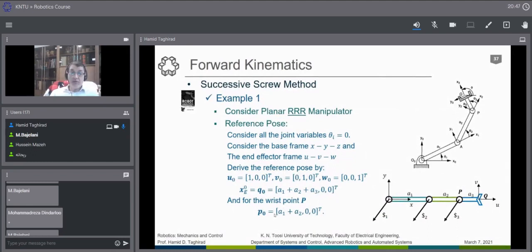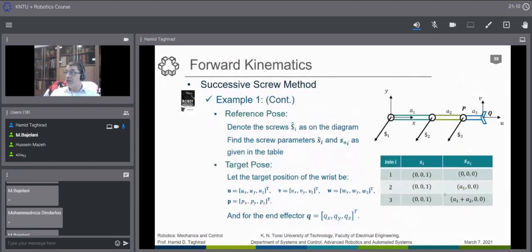The direction of motion, which we call the Z or the S, and the translation or the difference from the arm or the length that we have the screw coordinate with respect to the